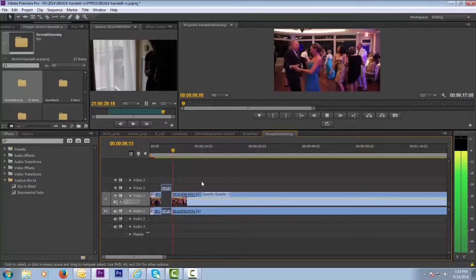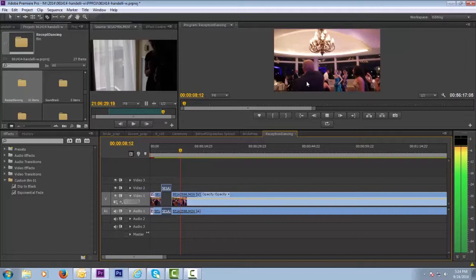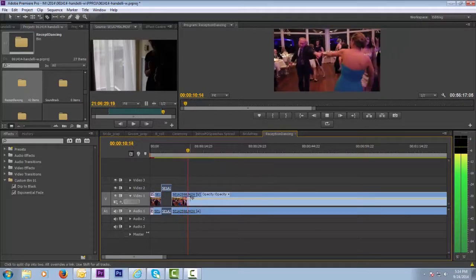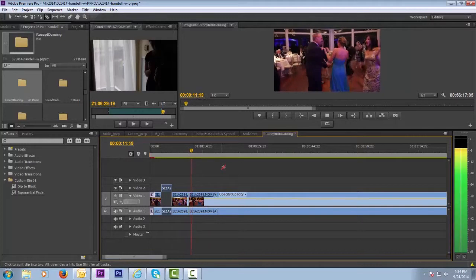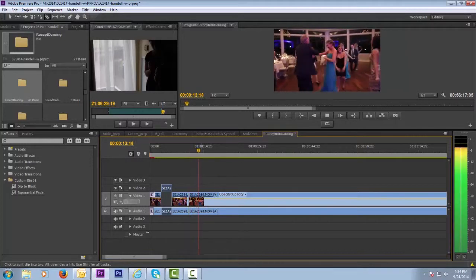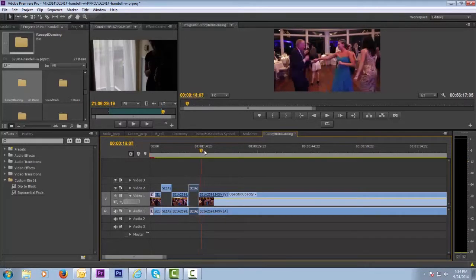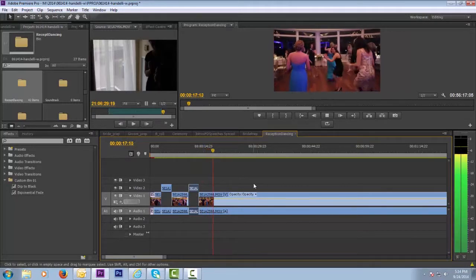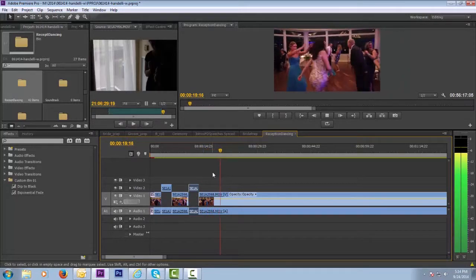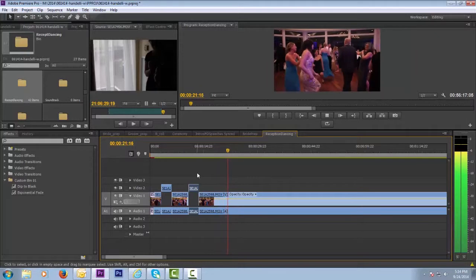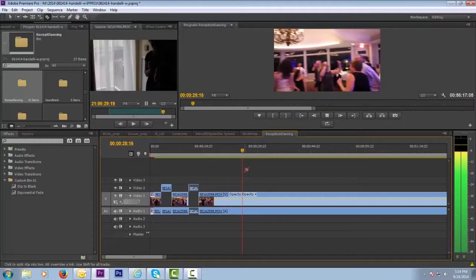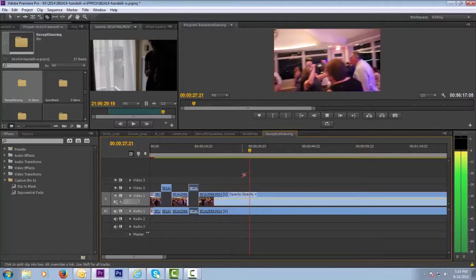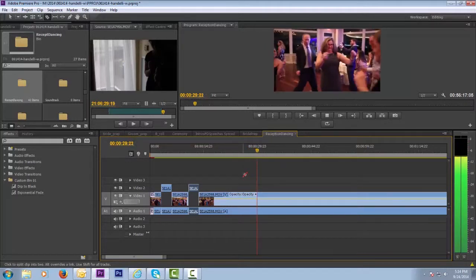and then we'll drag this piece up onto the second track. I'll wait for this frame to change to something different, and I kind of like this as well, so I'm going to clip it, count to 3, and we'll drag that up as well. And then we'll watch for the frame to change. We really don't want too many of the same clips. It's okay to leave a couple of them in there if you find that there's multiples of the same kind of thing. It's okay to leave 1 or 2 in every once in a while,